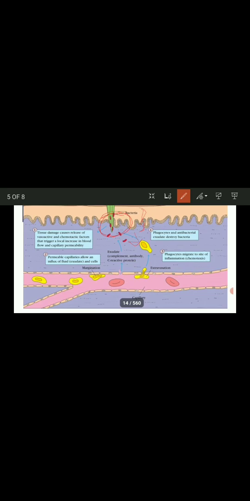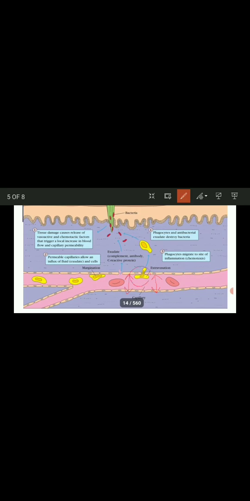When such factors are attached to the receptors, there is an increase in blood flow in the area. The blood flow is increased because the release of the factor gives a signal to the immune system. That's why the size of the capillary increases. When the blood flow of the capillary increases, the diameter is increased. When the diameter is increased, the cells are able to move out of the capillary.